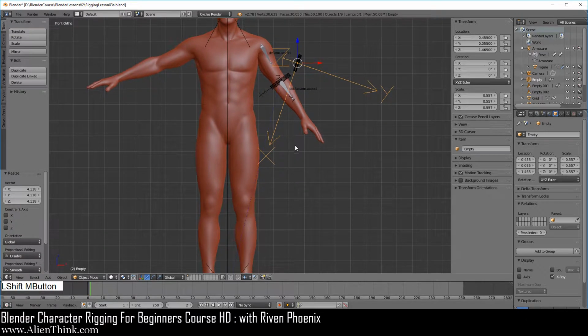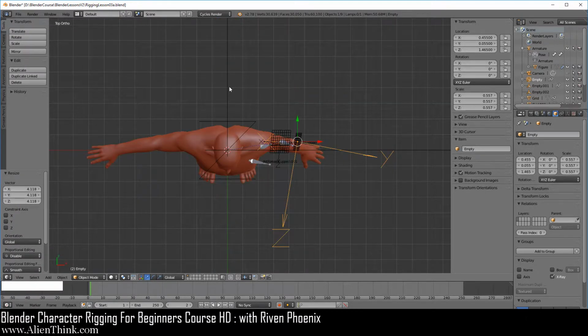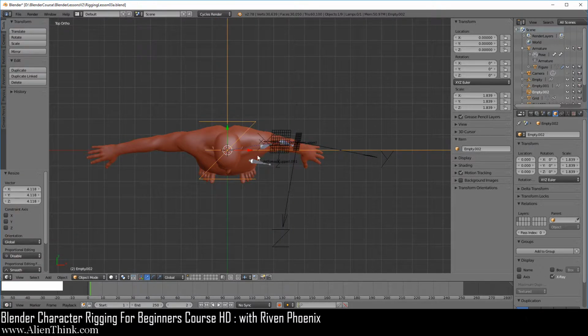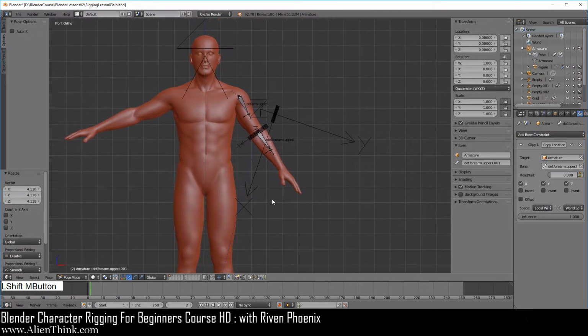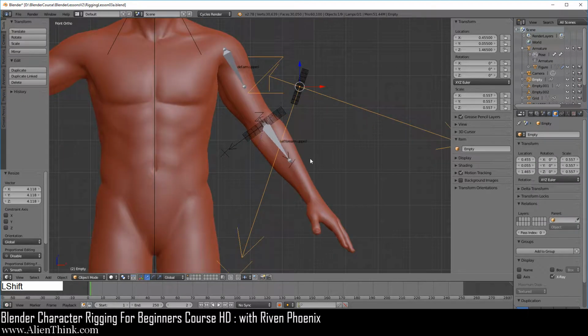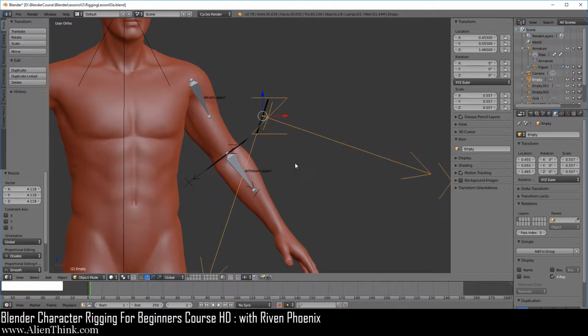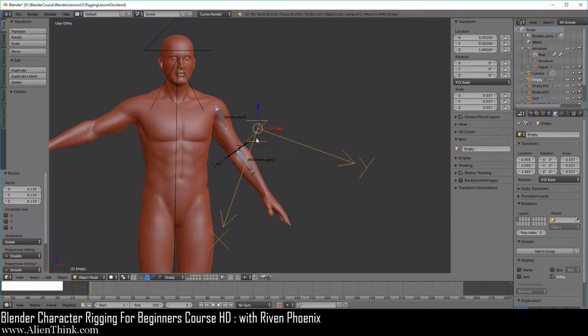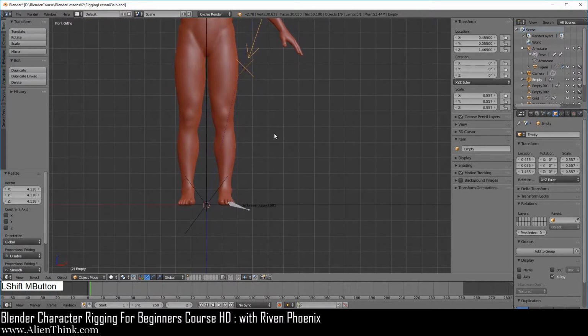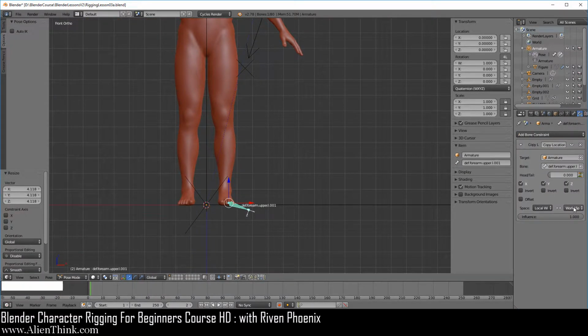So you saw that when we press the 7 key, we are looking at this from the top, Z, and then we can see that, okay, this is where this bone is. So now when we press the 1 key and look at this axis, all we have to do is position this axis just like this on the Z. See, look at the head, it's in the same exact location based on Y and X. That's all you have to do, is match these axes to their coordinate systems. So that makes sense.